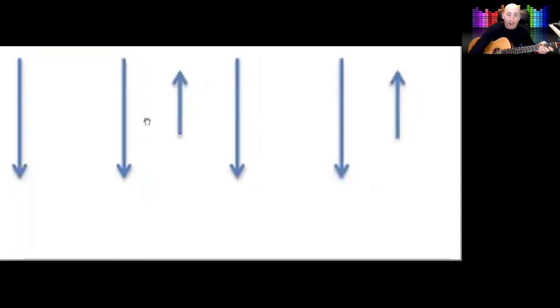You can see the arrows down and up. So what someone would do when they're doing this, they will do the actions in order, and that'll be fine. So they will go down, down, up, down, down, up, and they would play it like this: down, down, up, down, down, up. Well, that's all well and good, and you're playing the actual arrows in the right order, but the timing isn't right. Now this is written out for a specific way of strumming,